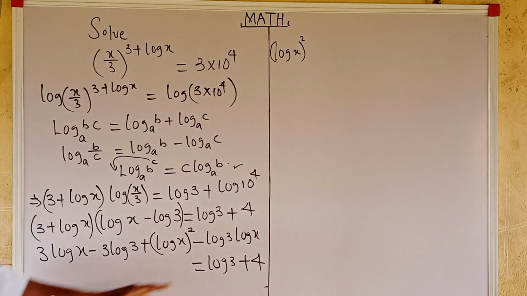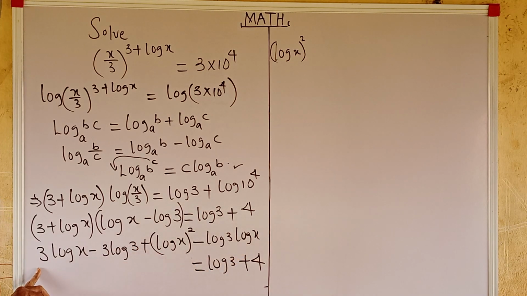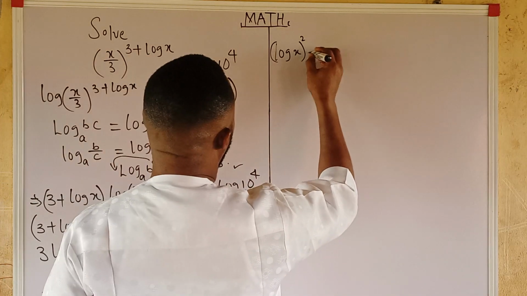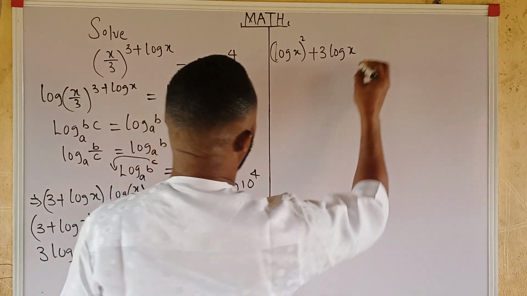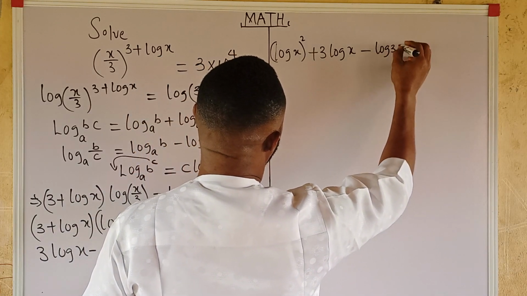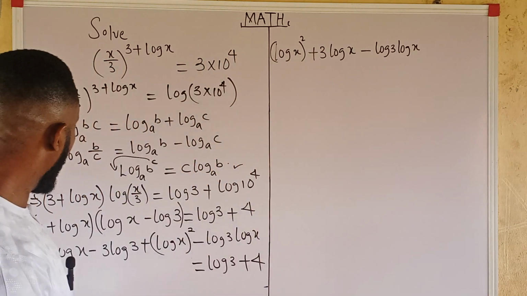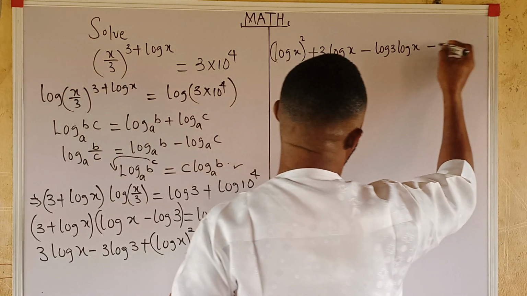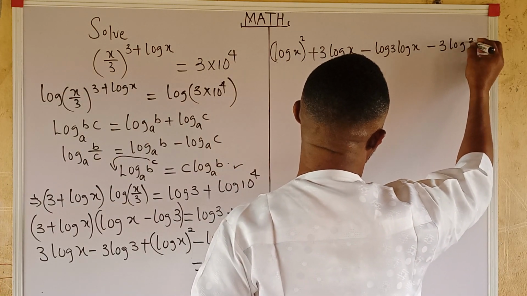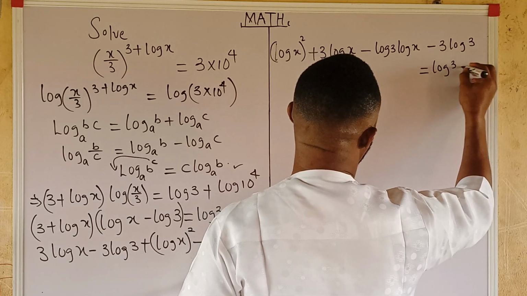Then I have negative log 3 log x here. Then I have 3 log x. I can actually bring them together. So I will have plus 3 log x, then minus log 3 log x. Then minus 3 log 3, as you can see here, equal to log 3 plus